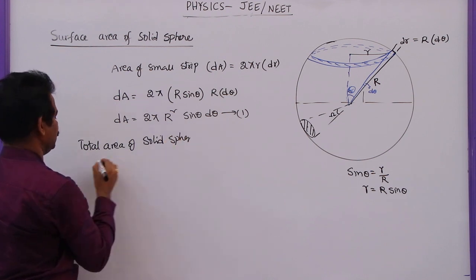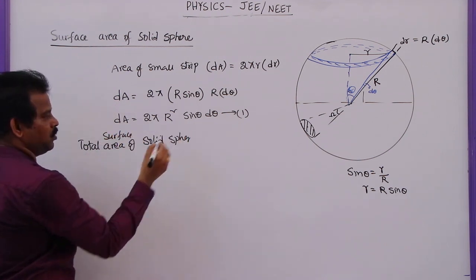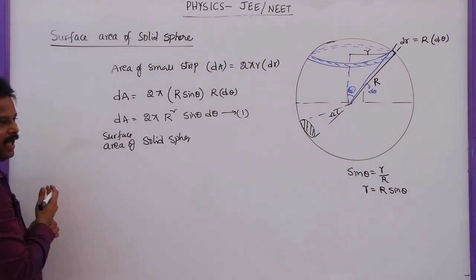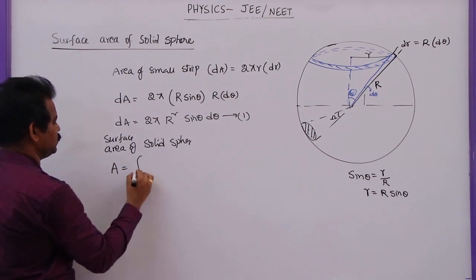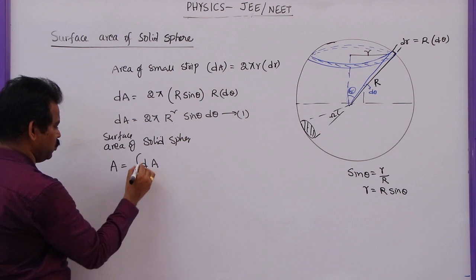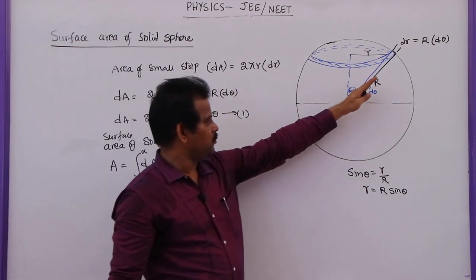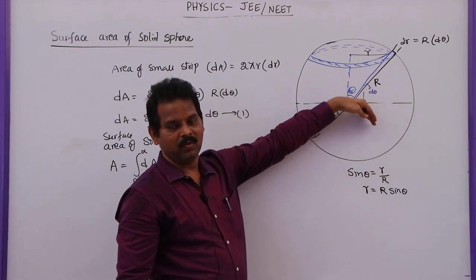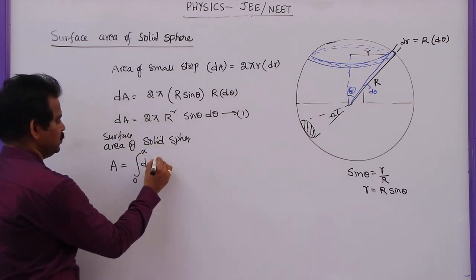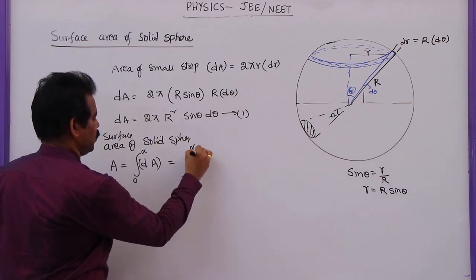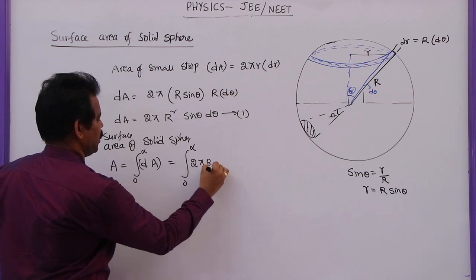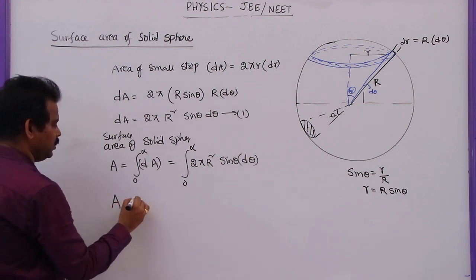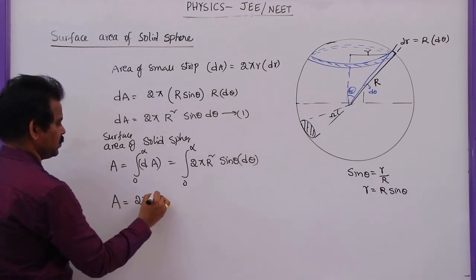Here I am not going to find out the total surface area of the solid sphere, but the surface area for some angle. So that's why I am integrating dA with limits 0 to, let us say, that angle is alpha. The minimum angle of theta is 0. Maximum angle may be 10 degrees, 40 degrees, 50 degrees or 120 degrees, whatever it will be. These are the limits. So integral 0 to alpha, dA can be written as 2 pi r square sin theta d theta. Here 2 pi r square is common.